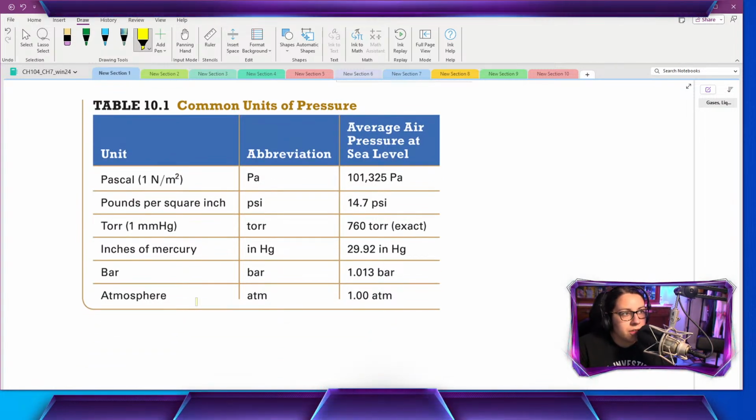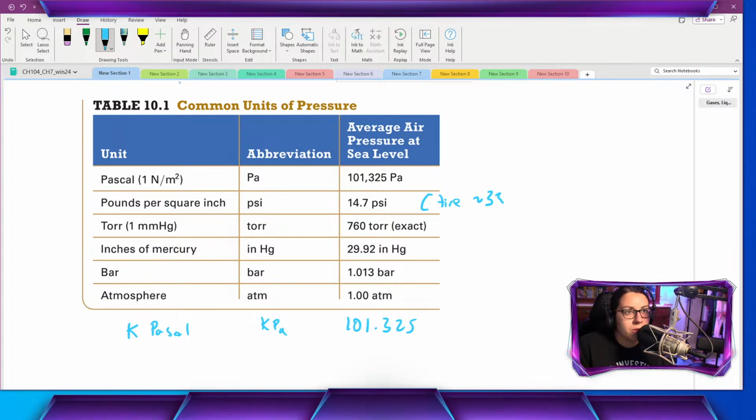And so we can see other units. We have the Pascal. You might also see kilopascal, that'd be 1,000 pascals, so that'd be kPa. That'd be 101.325. Don't really use this too much, but again, it could crop up. PSI, this would be like your car. A typical, at least a small car tire is maybe around 33 PSI, so almost 2